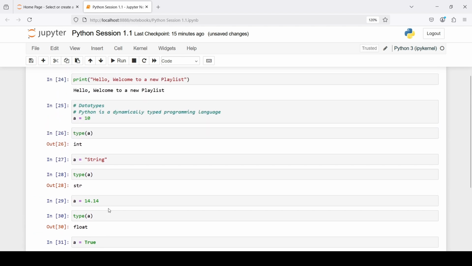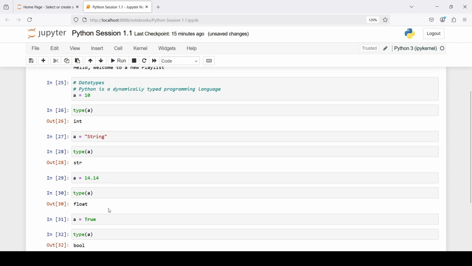So I hope you have understood this basic concept about why Python is said to be a dynamically typed programming language. Along with that, I have shown you what different types of data there are in Python, and we'll